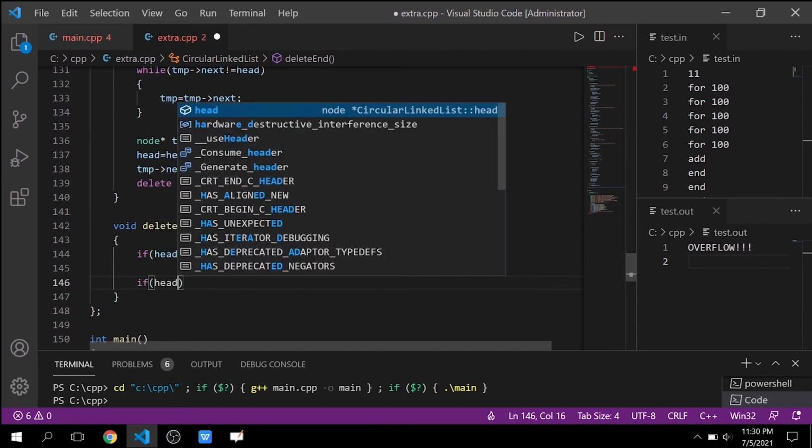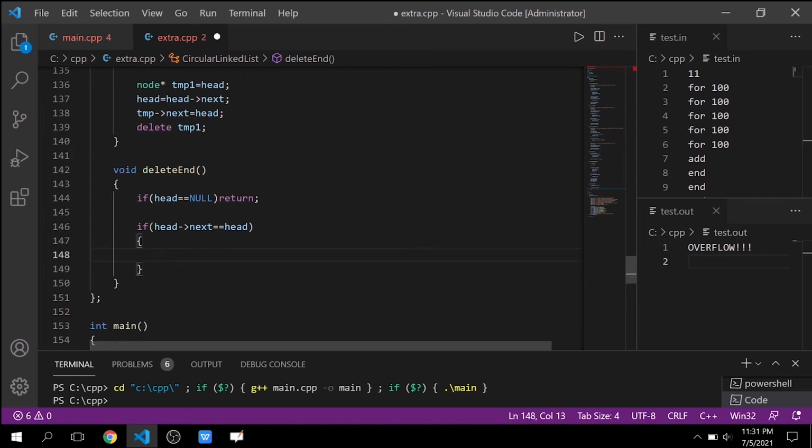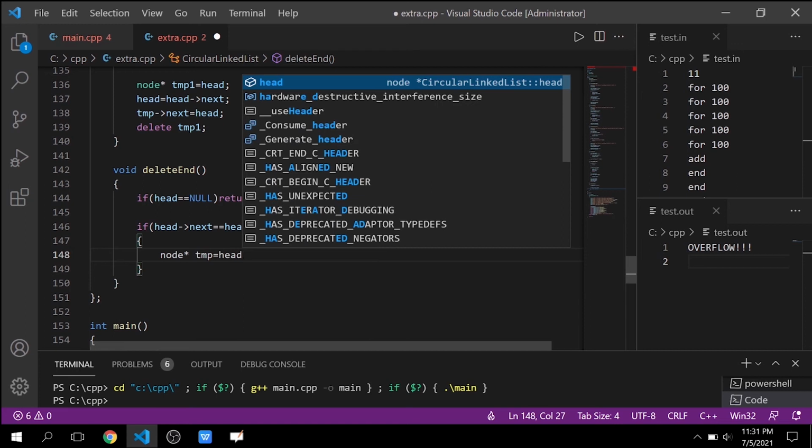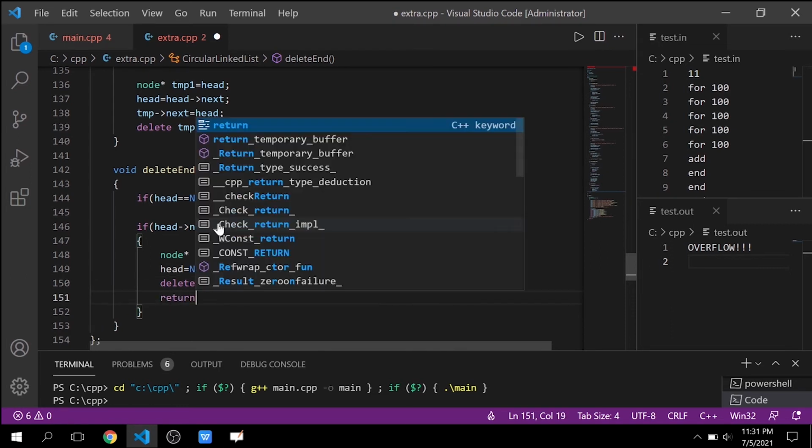We will check that by seeing if the next pointer of the head is head. If it is head, then it is the only value in the circular linked list, so we will make the head null, then delete the node, then return.